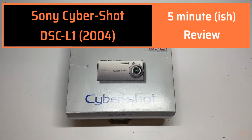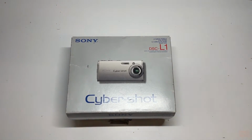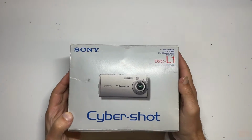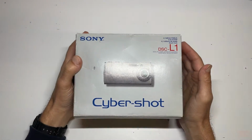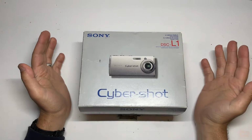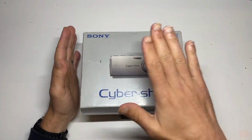Hello and welcome back to another video, and in this one we'll be taking a quick look at this Sony Cybershot. It's the DSC-L1 released in 2004. The reason I've got this one out is because I've just finally managed to start getting more stock in. I've got some more fantastic videos on the way, and this was one of the cameras I